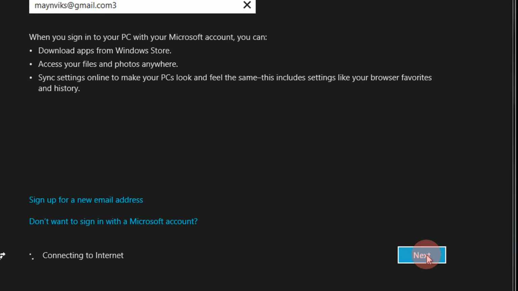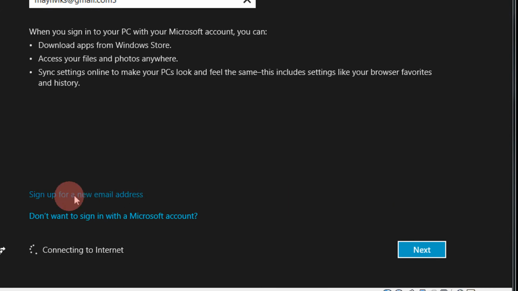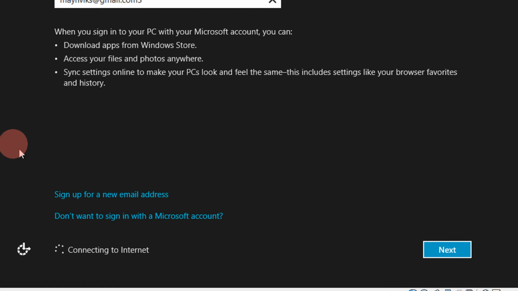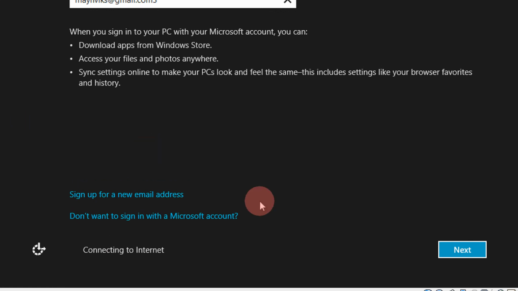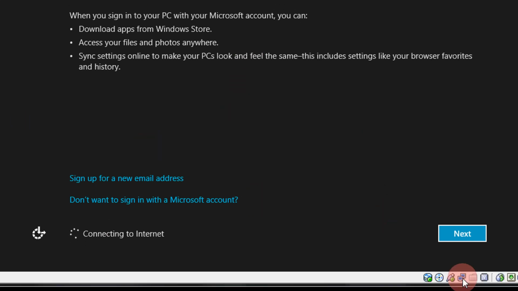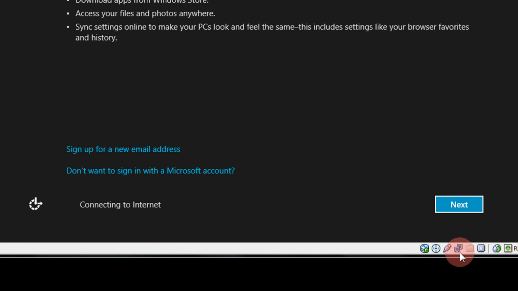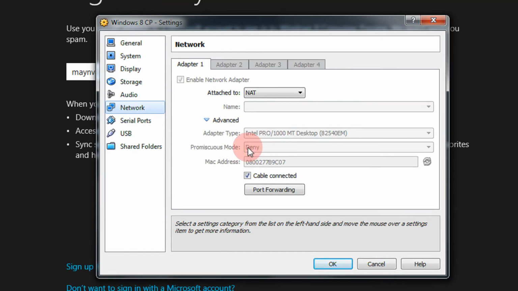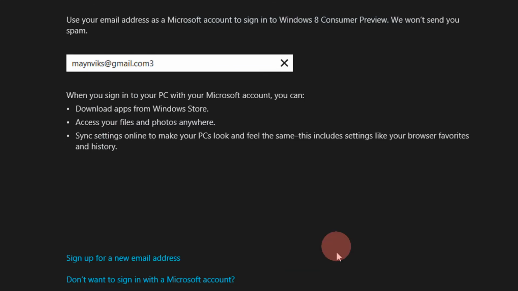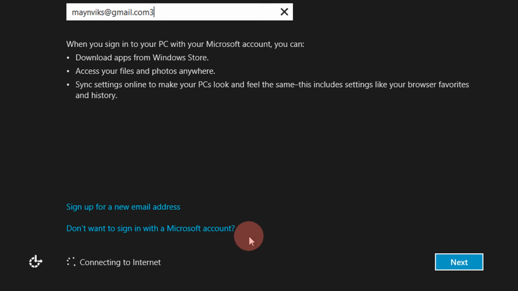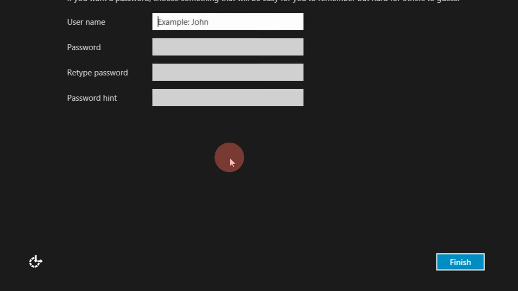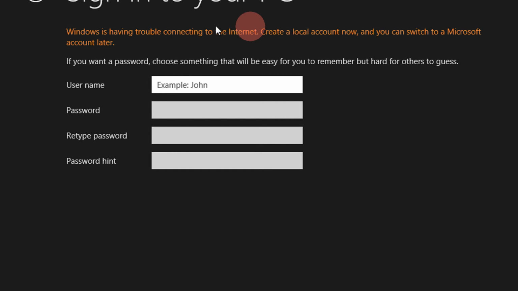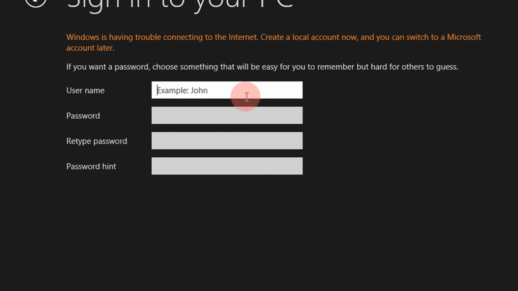If you don't have an email address, click on this to sign up. This is going for a network connection. I will disable it for a moment. Let's see what happens. Okay, Windows is having trouble, so we are having our local account.